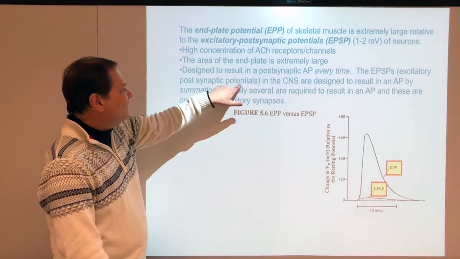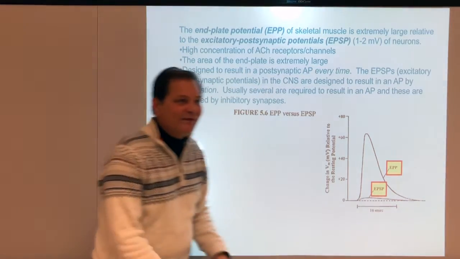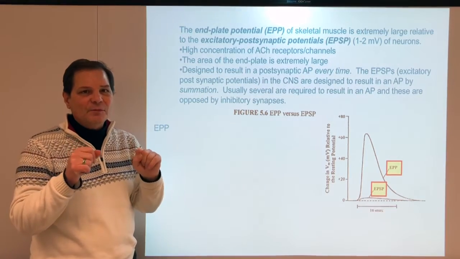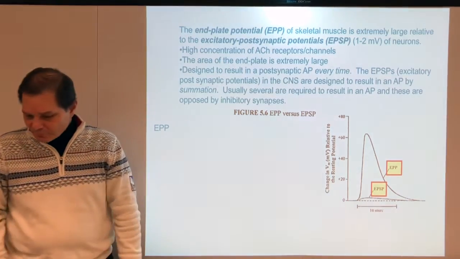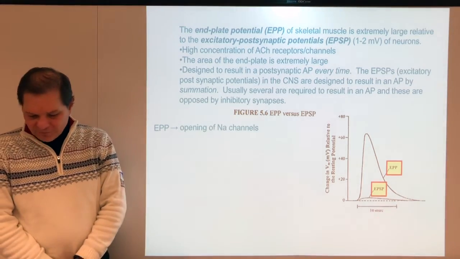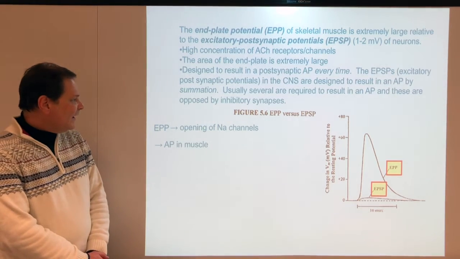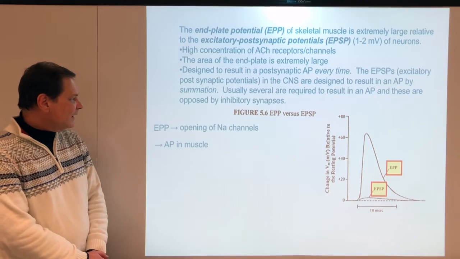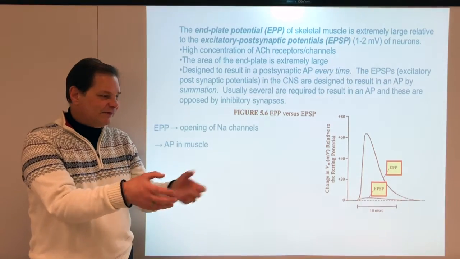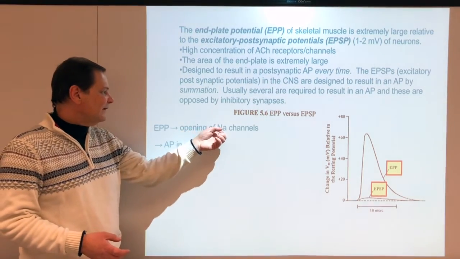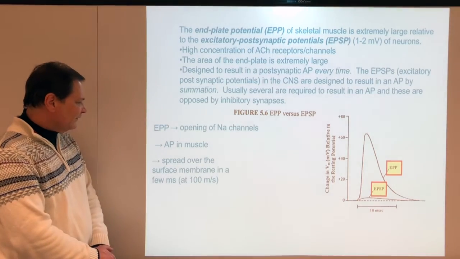EPSPs, the excitatory postsynaptic potentials in the CNS, are not designed to do that. They are very small increases that have to summate to get to threshold before you actually fire an action potential. We'll talk about that in a minute. So we have the end plate potential. It results in opening of sodium channels. That generates an action potential in the muscle. This depolarizes the membrane, and outside the end plate you have a bunch of sodium channels, and because you've depolarized the membrane, you hit threshold, these open, they cause an action potential, and the action potential spreads over the surface of the membrane